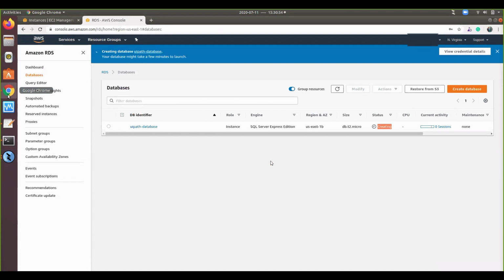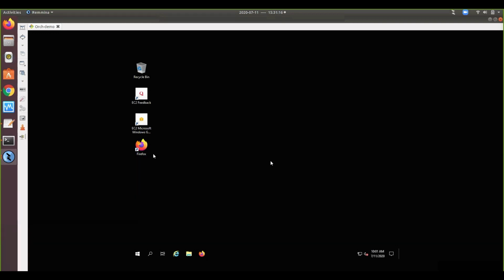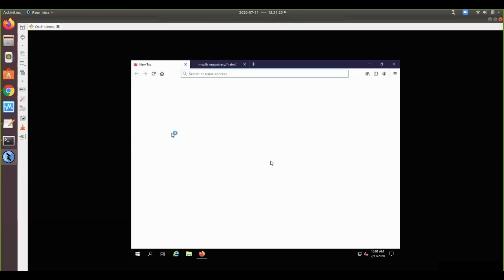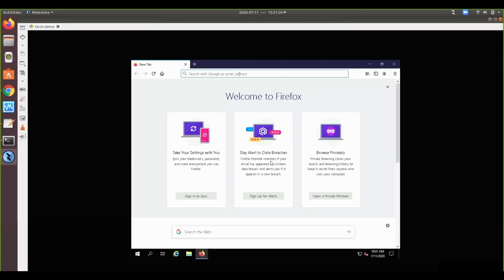So we'll see the progress of the database. It says still creating. Okay, yeah, so Firefox is installed, and we'll try to install the URL rewrite module.